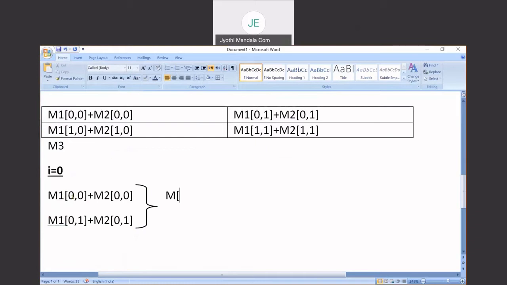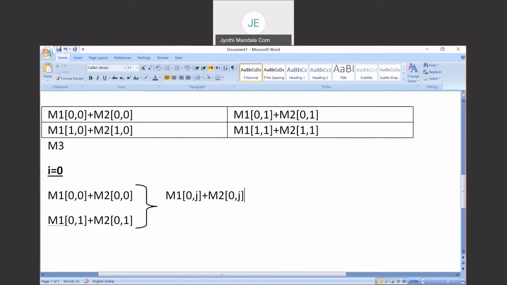So what I will do is, M of 0, comma, J, plus M of, sorry, not M, it is M1 of 0 comma J, and M2 of 0 comma J.